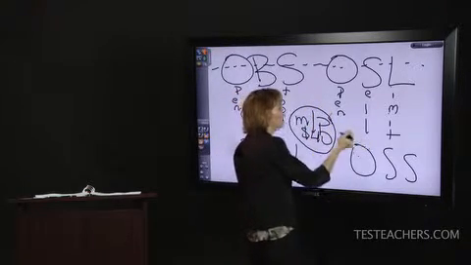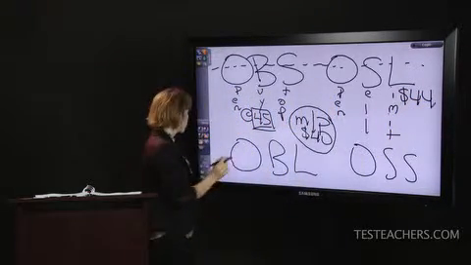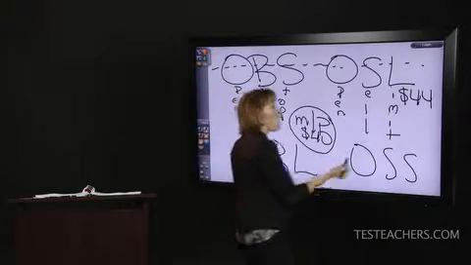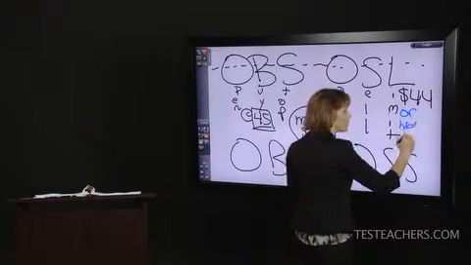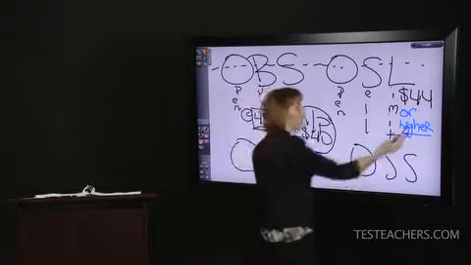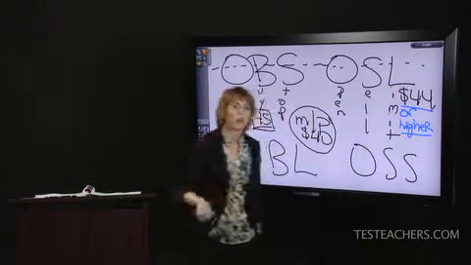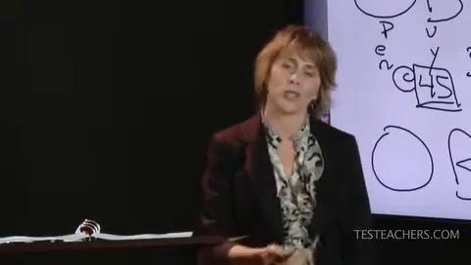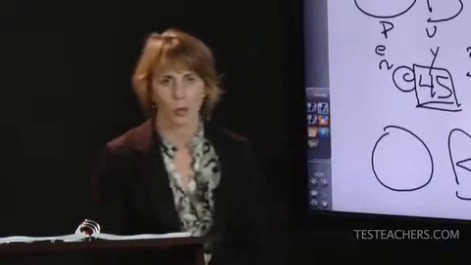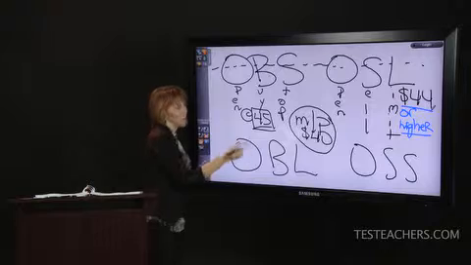So she'd enter an open sell limit at 44. What that means is that if the market price gets to 44, or higher when you're selling, then she would sell and take her profit, and she didn't have to stare at her computer anymore. So we know limits never become market orders. If the market price never got to 44 or higher, she never sold her stock, which was fine, because she only wanted to sell it if she made whatever percentage she was comfortable with. So OBSOSL: open buy stops and open sell limits.